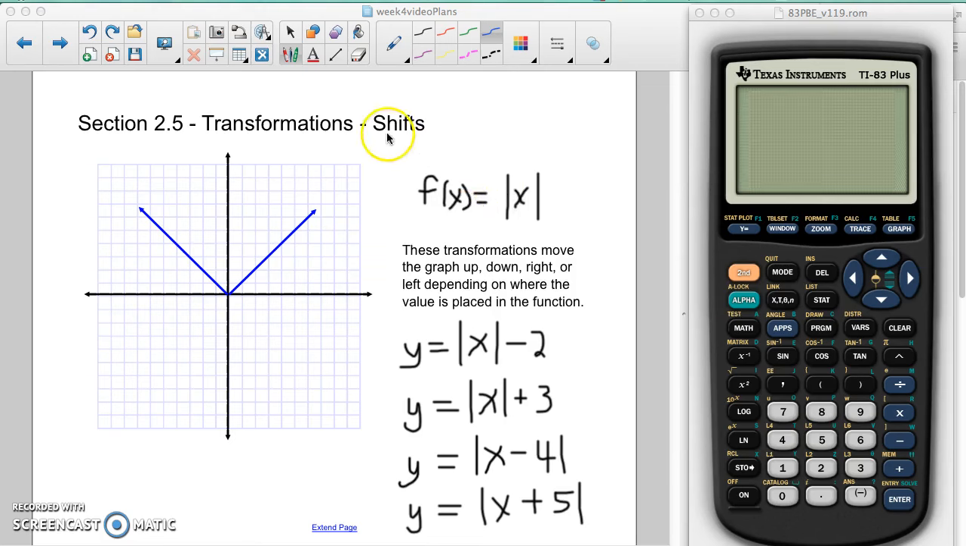x. In this transformation, we're going to move the graph up, down, right, or left, depending on where the value is placed in the function. So in this case, I've placed the values in different places of the function. Here I've put it on the outside of the absolute value, and here I've placed it on the inside of